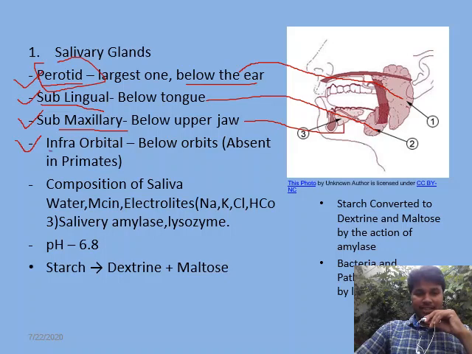The 4th type is the infraorbital salivary glands. These infraorbital salivary glands are absent in the primates. Primates means